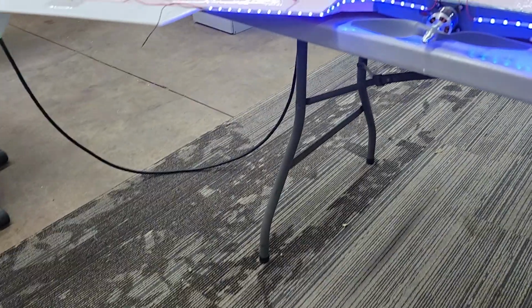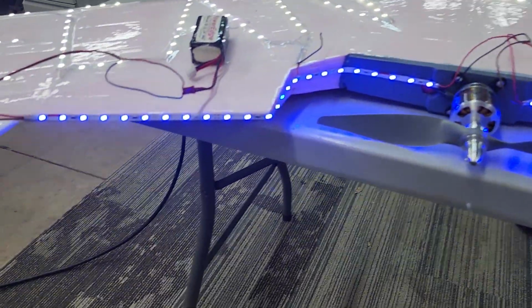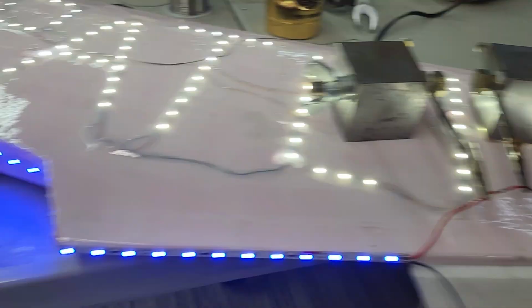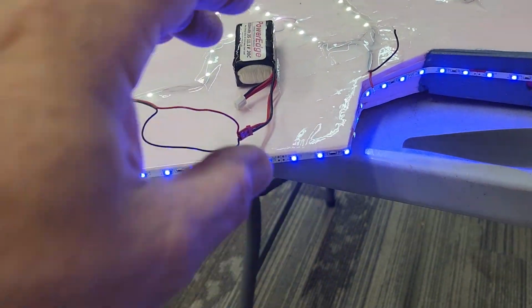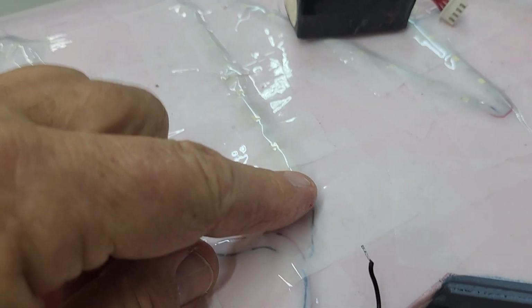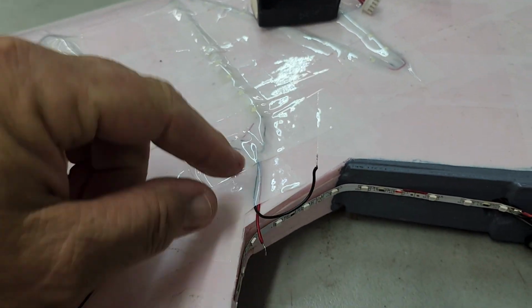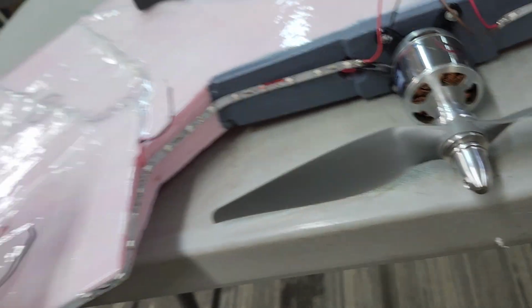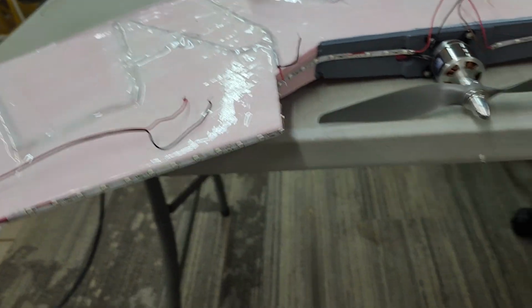And so all you do is, I've got it just plugged into this battery just to check everything. I'm going to unplug it just because it's blinding me. And so I have an extra pigtail coming off of this one, and that's going to get soldered into these blues. Even though they're already working, if somebody comes and hits you and busts a connection somewhere, you want to